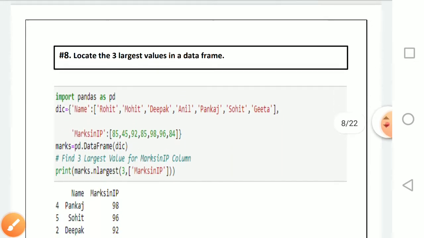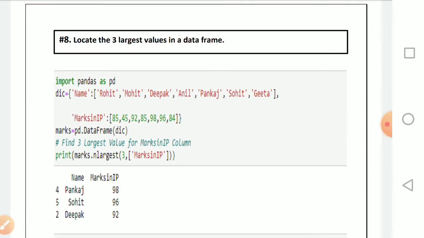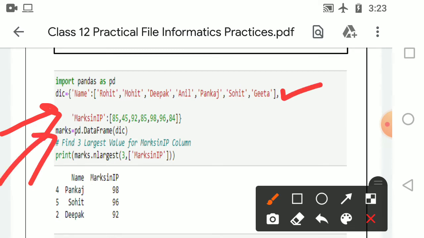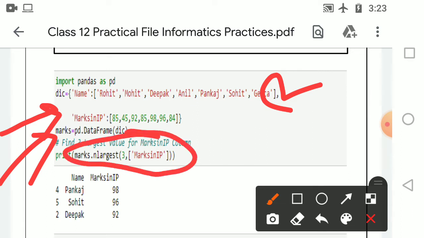Next, coming to the largest three values in a data frame. You need to calculate the three largest values in a data frame. What to do? Just like what we did in the last question, you create the dictionary, create the data frame, put appropriate values inside the dictionary, and you can use just a single function, which is nlargest. The nlargest function is used to pick the n largest elements from a column. The column you have to specify here.